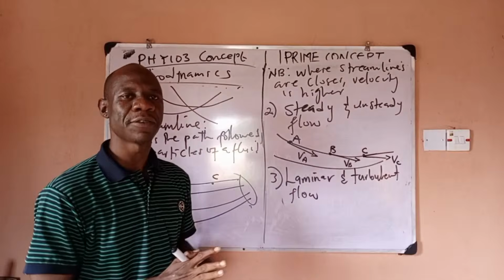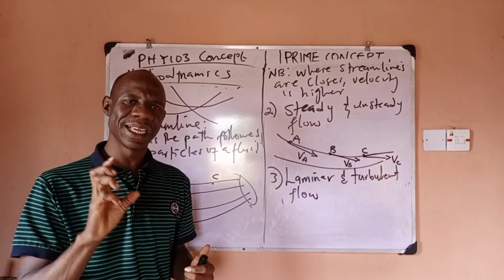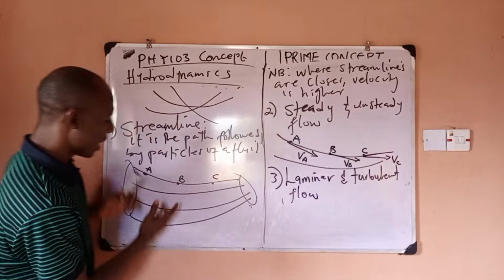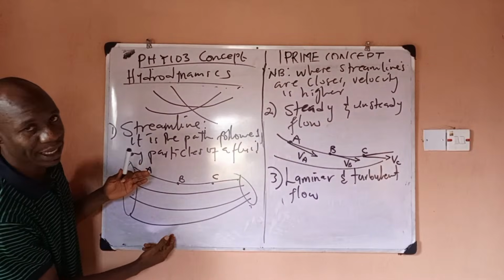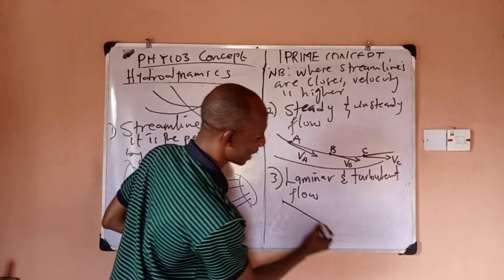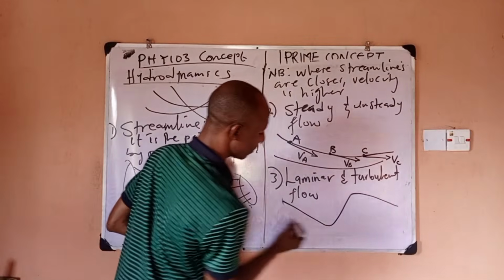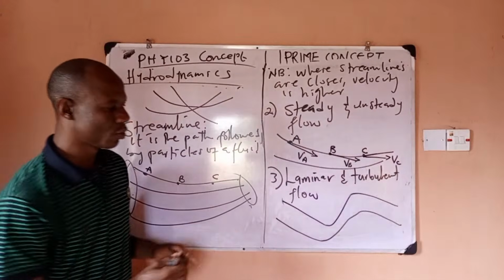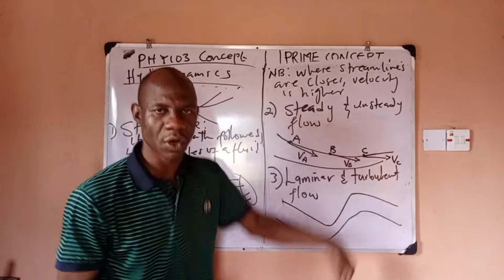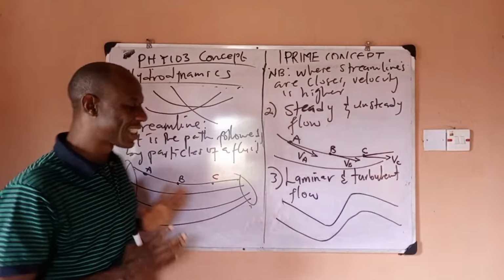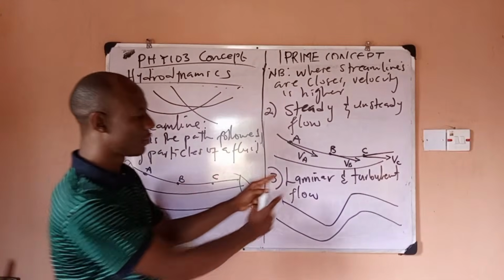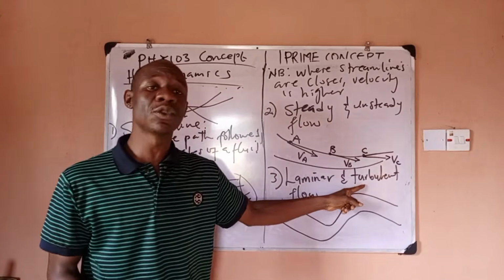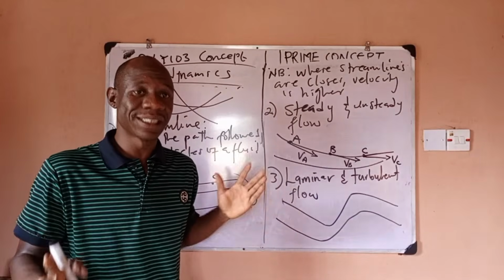Now, a laminar flow is a flow that maintains a what? Smooth streamline. So what do we mean? If you have something like this, this is a smooth streamline. But in case you now have something like this, you can see that it's not smooth. Come down, go up, come down. So this is not smooth. If the streamline is smooth, then the flow is what? Laminar. If the streamline is not smooth, then the flow is what? Turbulent. I hope that is clear to you.